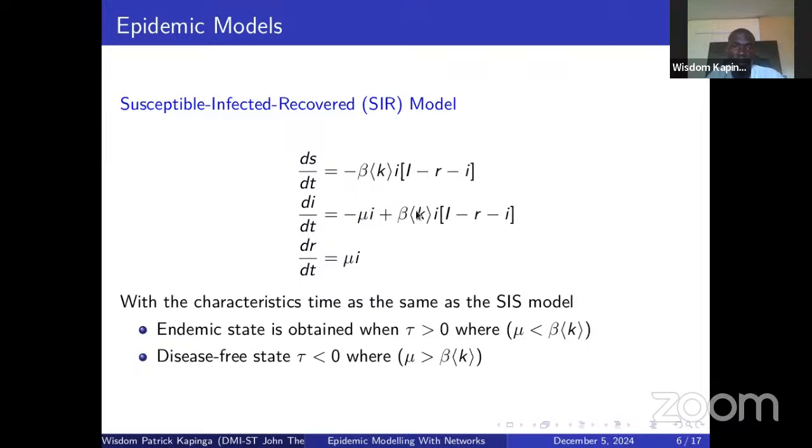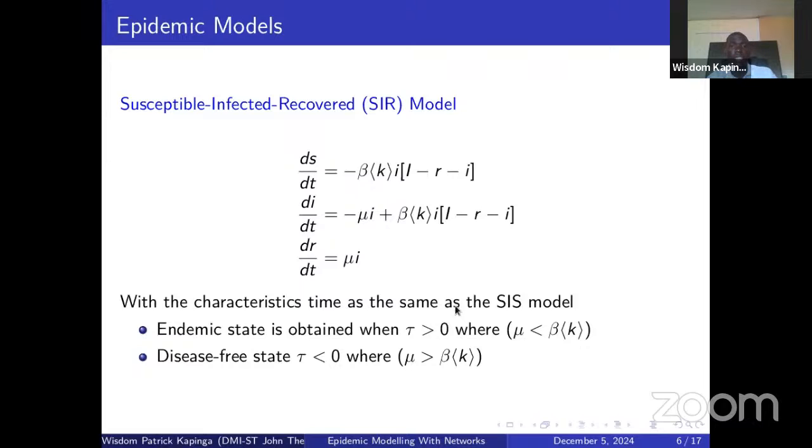So this will give you the number of people who are infected at that particular time. And if you look at the number of people who have recovered, or maybe have been removed from the population, then you're looking at the recovery rate multiplied by the infected rate. Now, if you're looking at the characteristic time of a SIS model, it is actually categorized into two,